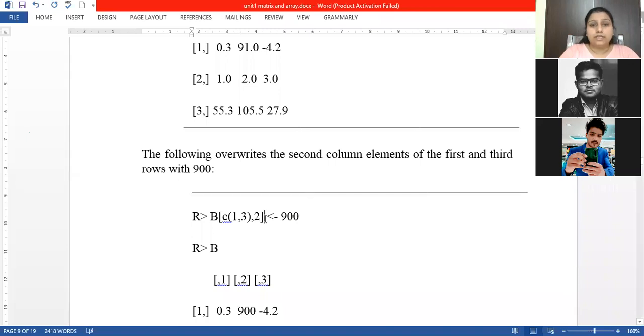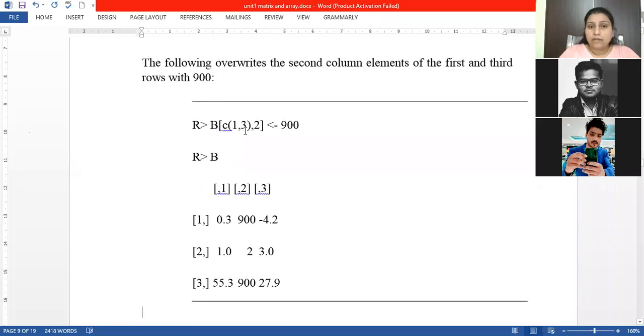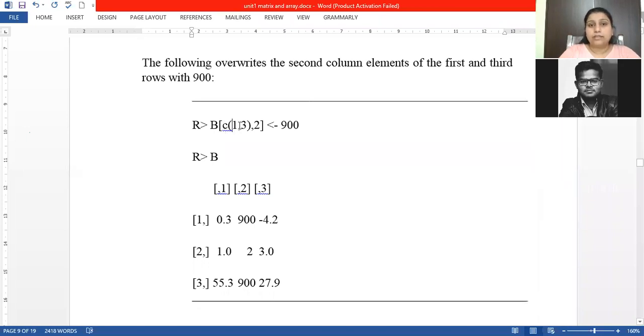Anyway, let's continue. If you want to change a particular location of the matrix, what do we need to do? We have to define the location within the index. Suppose I want to change the first row and the third row within the second column with the value 900. Then I define the rows here as 1, 3.